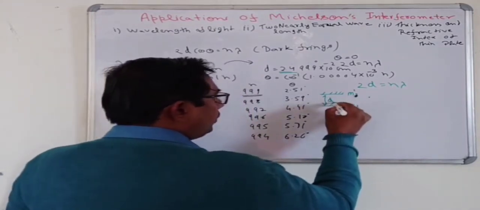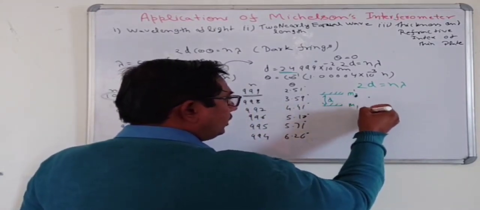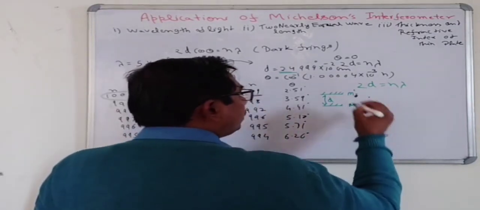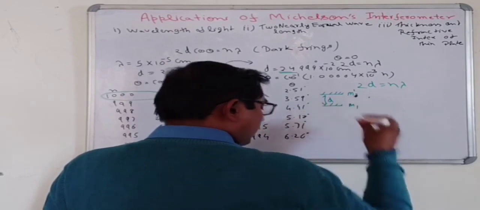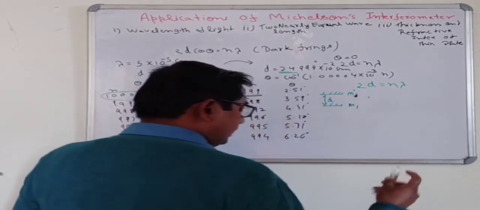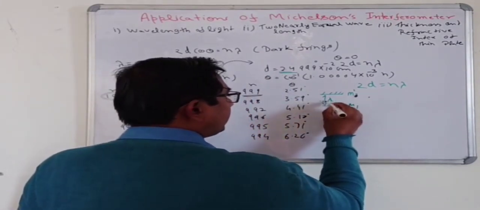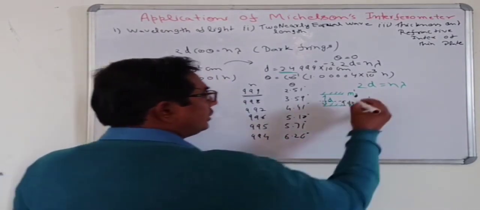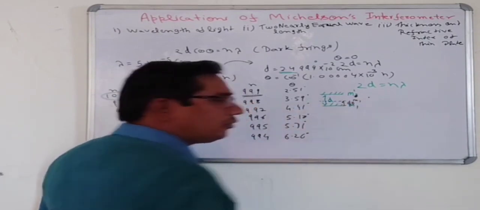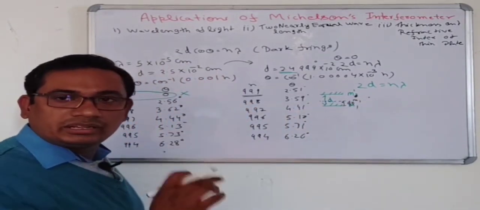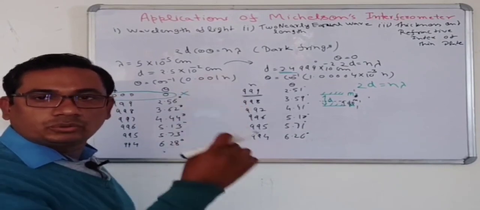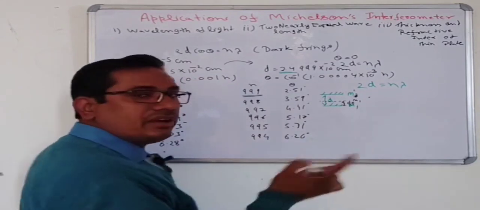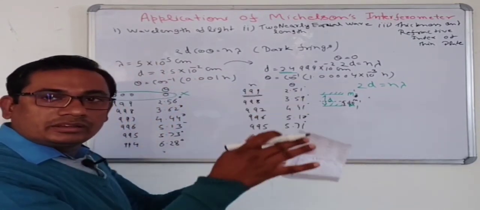Now when d increases, it means that the fringes will expand. Suppose that here you decrease this plane by a distance d naught. Now mirror M1 will be here. All of you know that mirror M1 is a movable mirror, so we can move it with the help of a screw. When the mirror is moved upward, d will decrease. When d decreases, the fringes will collapse.